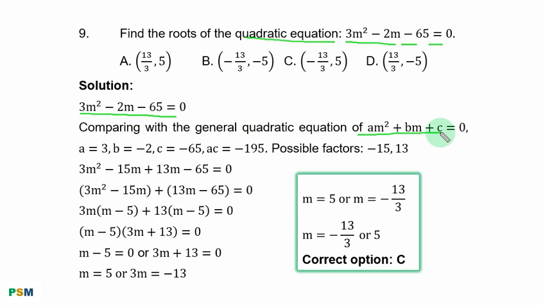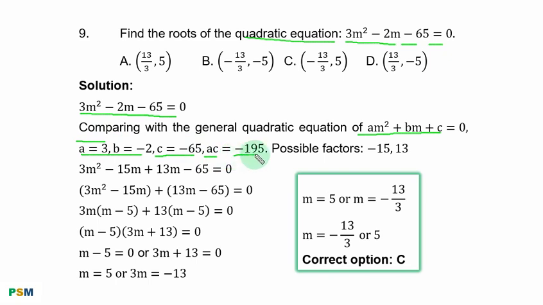Here the variable is m. When you compare the coefficients, a is equal to 3, b is equal to minus 2, c is equal to minus 65. Whenever a is not equal to 1, you get ac, the product of a and c, and that is minus